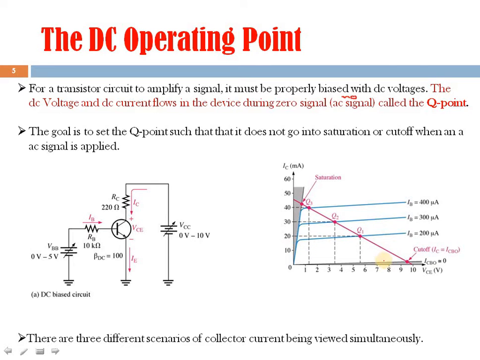So for example, here you can see in this graph, this dark portion here is cutoff. So we don't want our device to operate in this region, and this dark portion is saturation, so the device should not enter this region also. So the operating point will definitely be on this load line, anywhere on the load line, but we have to choose it in such a way that during the entire range of signal strength, the device always remains in the active region. So there are three different scenarios. Operating point may be here, and maybe here. Just for example, these three different scenarios are taken, and you can see that the wrong choice of operating point can create a lot of distortion in the signal.